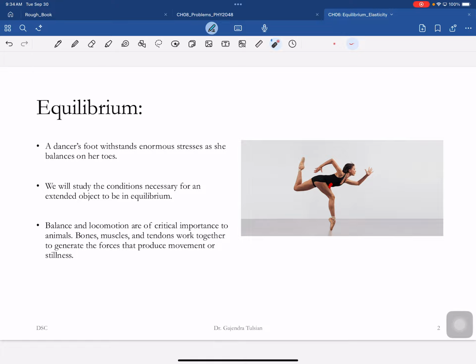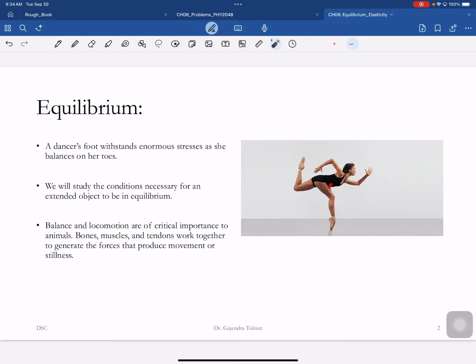But your brain is very smart. If she's starting to topple over, what will she do, you think? If she's starting to topple over here, she'll extend her arm and bring the center of mass back up on top. Did you guys understand that? If she's toppling over this side, she'll stretch her leg that way. All right, so you'll learn the conditions for her to be balanced.